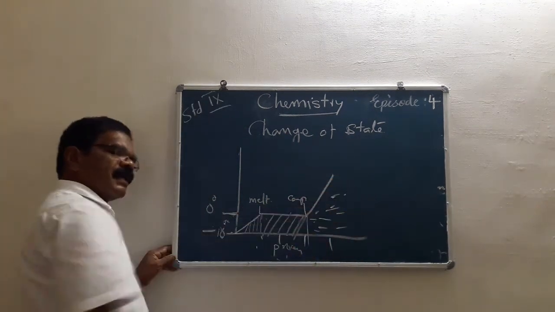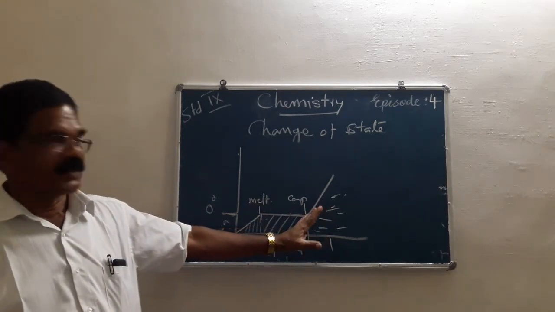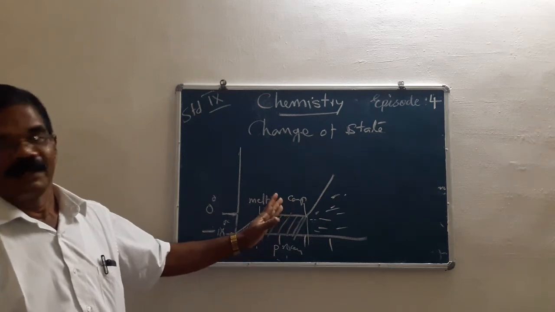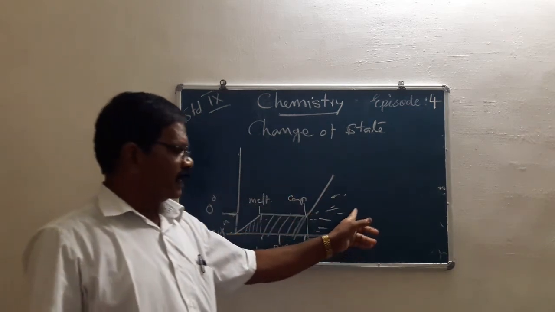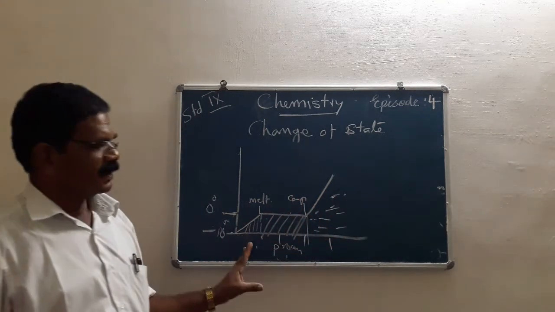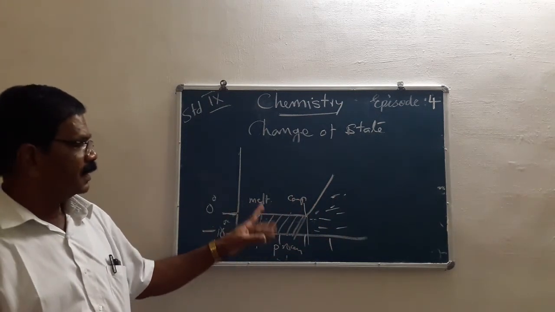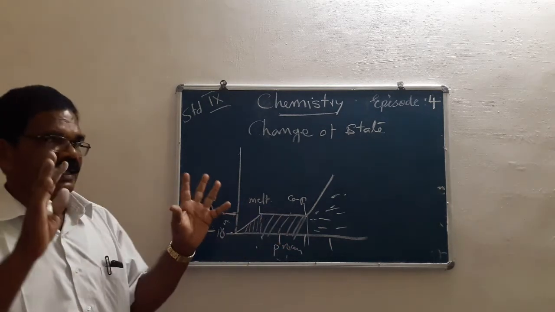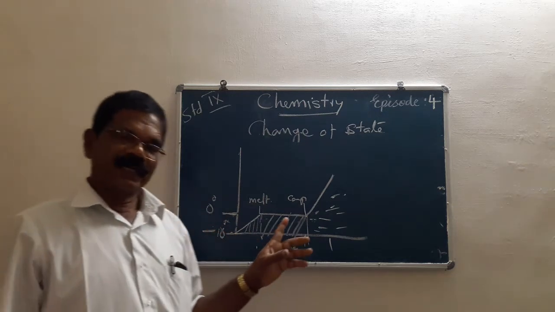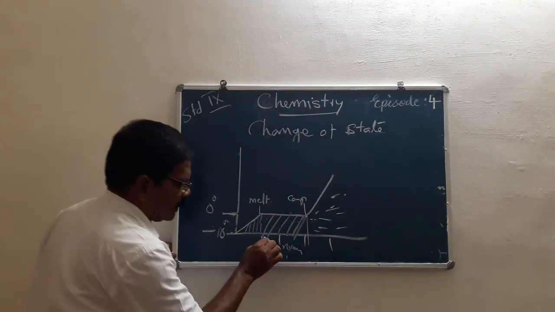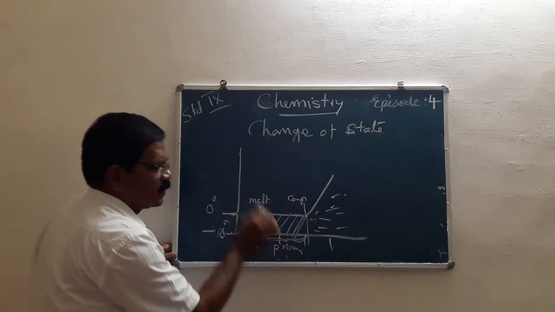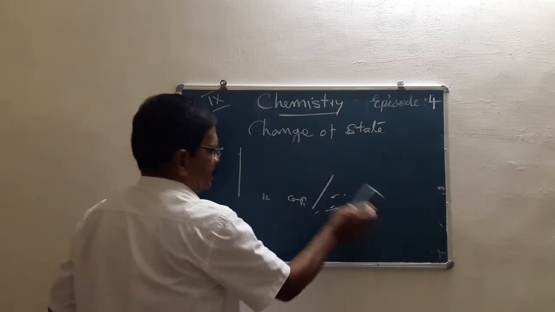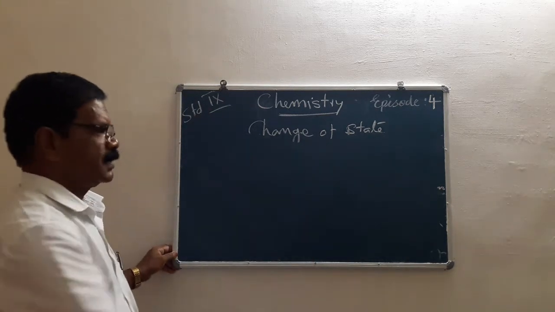Then again the temperature rises. The melting is completed. The latent heat of fusion is absorbed by the particles. Then we can see the heating of water. Here there are two things you have to name: latent heat of fusion. Latent means hidden energy. The amount of ice taken is 1 kilogram, but the heat given is known as latent heat of fusion. Then the other thing is latent heat of vaporization.